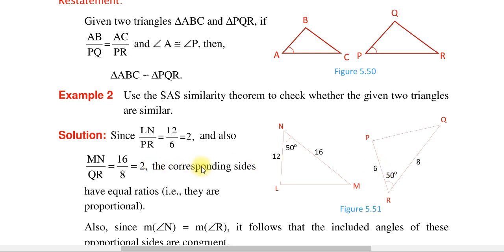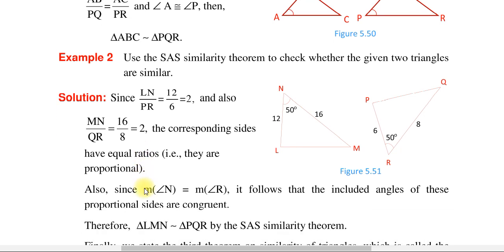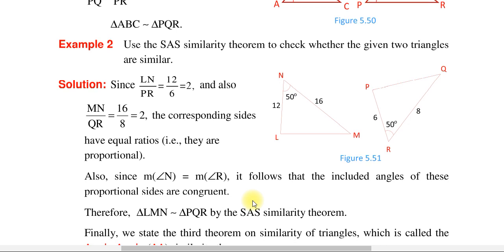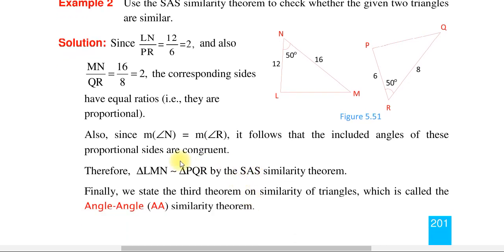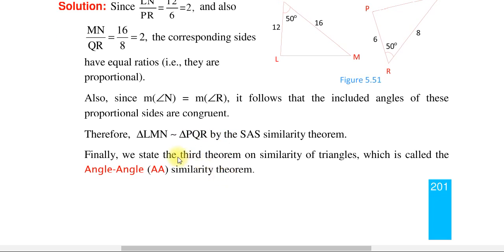So the corresponding sides have equal ratio and measure of angle N is equal to measure of angle R ማለት ነው። ስለዚህ በሳይድ አንግል ሳይድ ቴረም አማካኝነት ሁለቱ ትራያንግሎች, that means triangle LMN is similar with triangle PQR ብለን እናስቀምጣለን ማለት ነው።